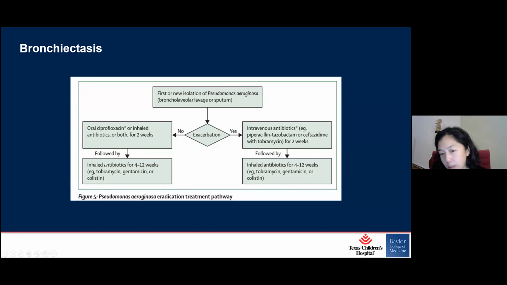This is from the same paper talking about trying to clear Pseudomonas quickly, because once they get chronic Pseudomonas, this becomes like the CF patients, right? It can be really difficult to clear this. And these are the kids who are on inhaled antibiotics in addition to oral antibiotics. And again, if you're worried more about Pseudomonas, you do add in ciprofloxacin, some of these fluoroquinolones. A lot of this has to be BAL supported. So these are the cases in which a BAL can be helpful to help our pulmonology colleagues direct their antibiotic treatment.